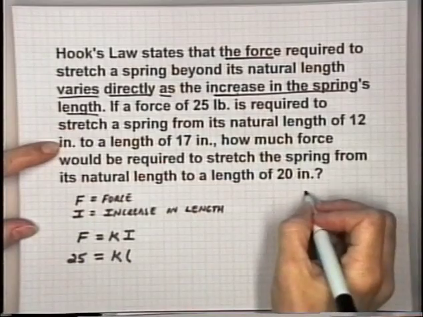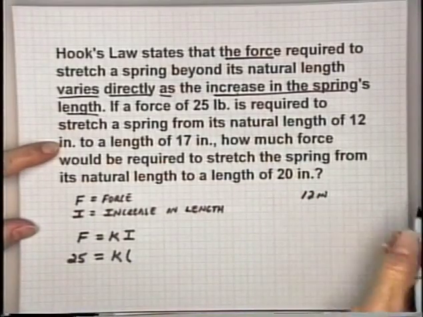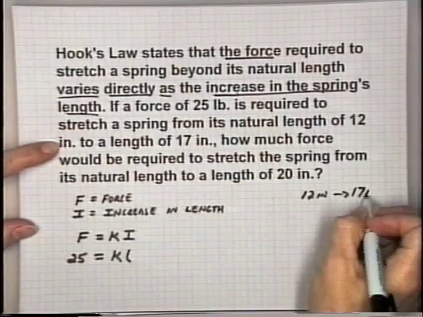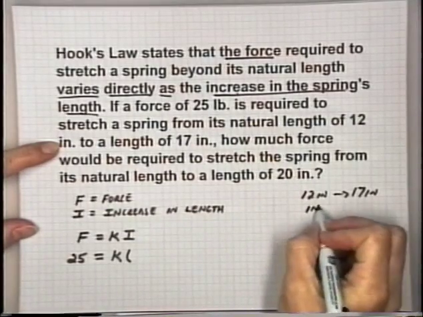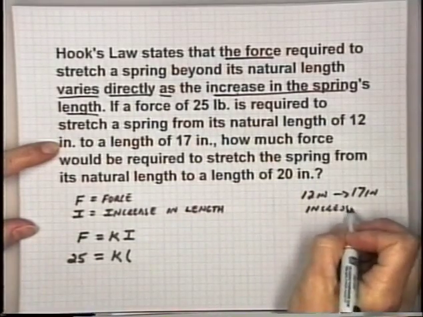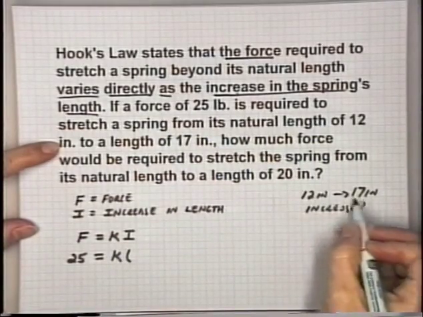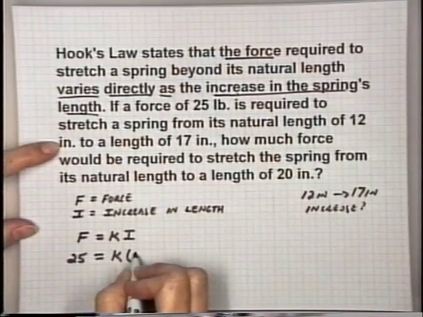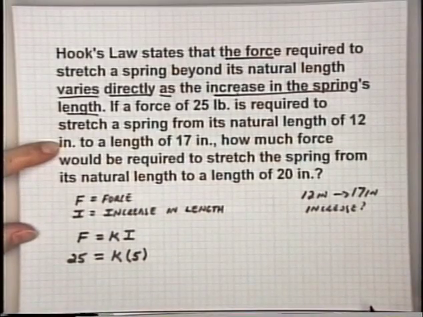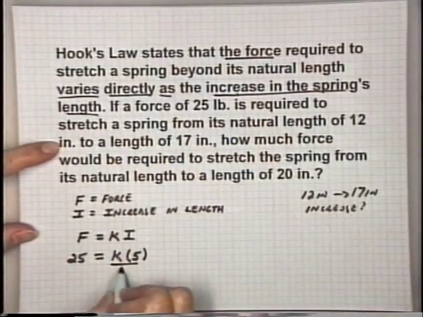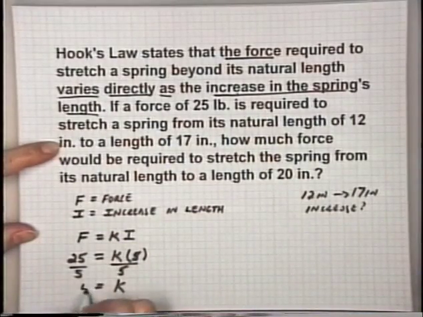If the spring started out 12 inches and it ended up 17 inches, what is the increase in length? See, we need the increase. Of course, we increase by what? 5 inches. We can take the difference here. Our increase is 5. To solve for K, we will divide both sides by 5, and we have K equals